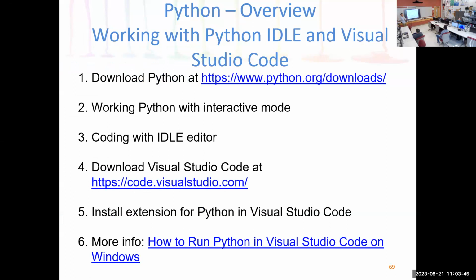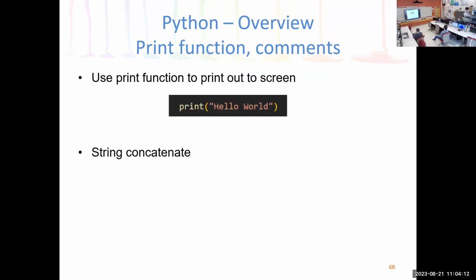But for some of you, if you really want to work with Python, here's something you can do with Python here. The first thing you have to download is Python, this one here. You have the major releases here, and you can take any one of them. So when you download Python,